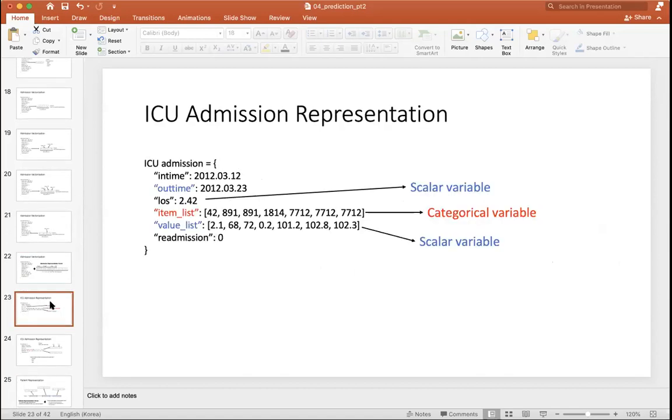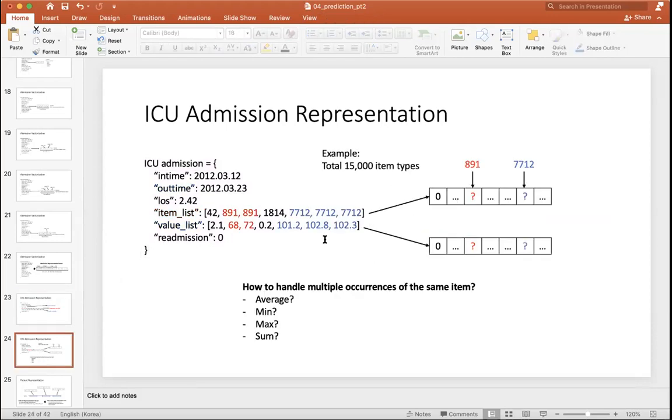And we also talked about what to do when you have duplicate features, such as when you want to represent a single ICU admission in vector form, and you have duplicate information such as taking body temperatures multiple times or taking blood pressures multiple times. Then you need to handle this by averaging all the body temperature values or all the blood pressure values. You can average them, you can take the minimum, you can take the maximum, you can sum them up, or you can actually